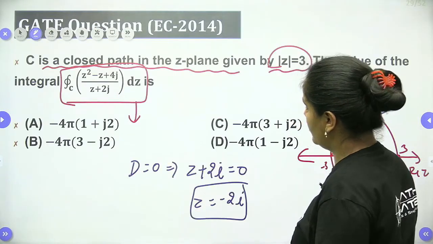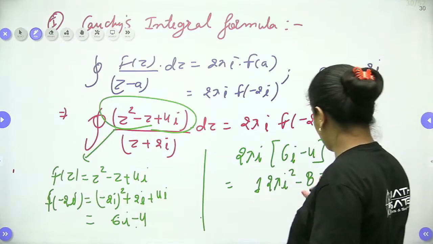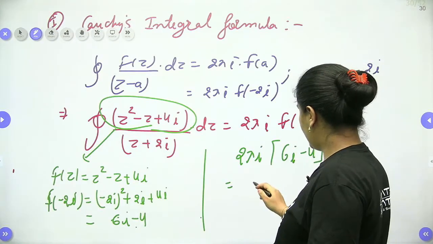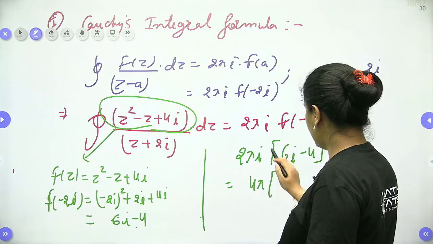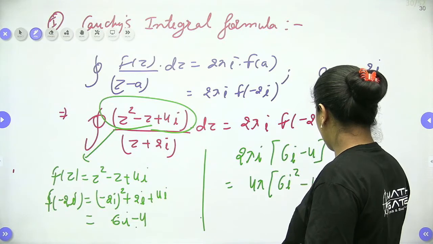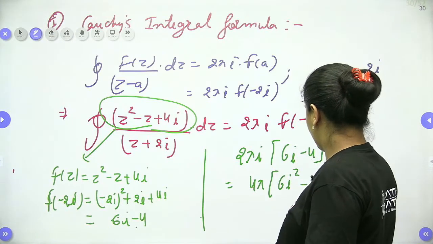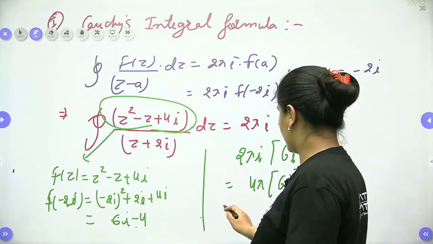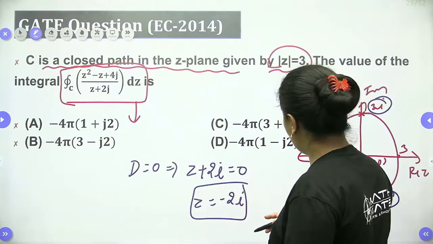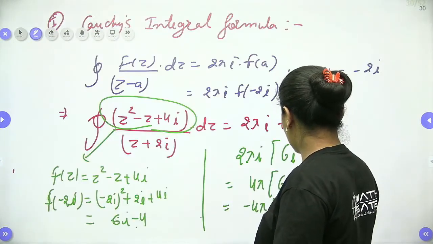We do have options in this form. So let me write down here. We can take common 2, it will be 4 pi, and we can take iota square inside: iota square minus 4 iota. When we approach here, it will be minus, so we can take minus 4 pi outside. When we take minus 4 outside, it will be 3.